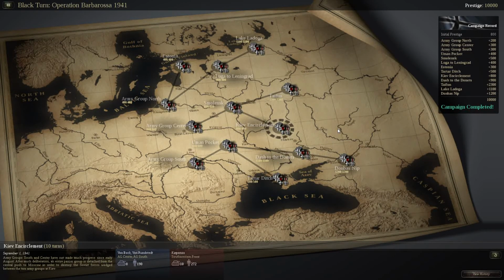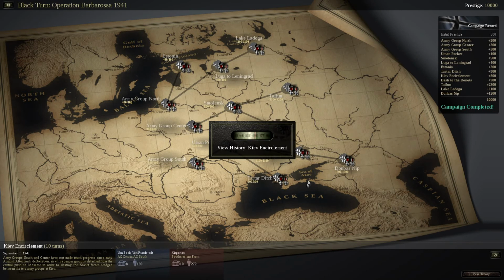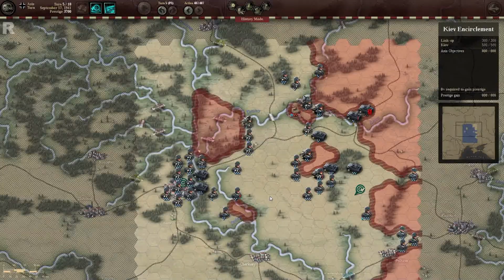This is ExperiencePoints, and we are back doing the last mission on the Central Branch campaign for Black Turn Operation Barbarossa, as we do the Kiev Encirclement, which is an absolutely fun mission because you have overwhelming numbers and can really make use of suppression by removing their supplies. There is quite a nice little element to it where you can even cut down their supplies quite early on without having to use the bulk of your forces. So let's get to it,